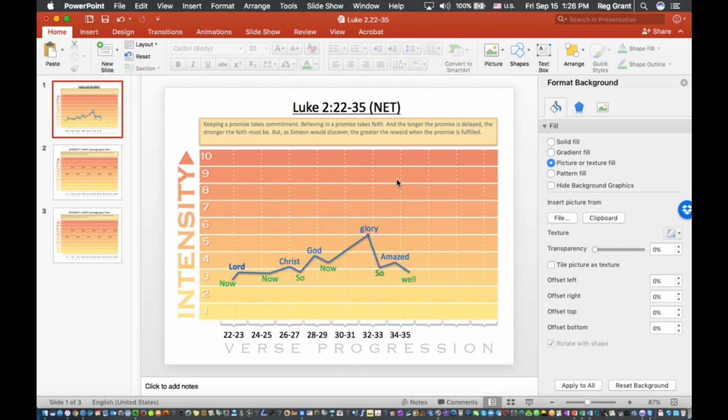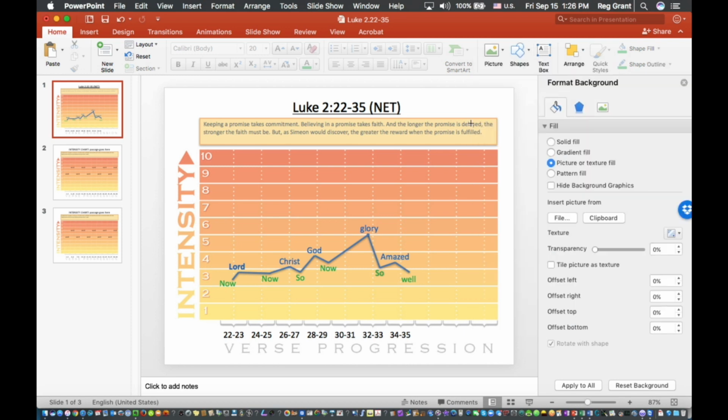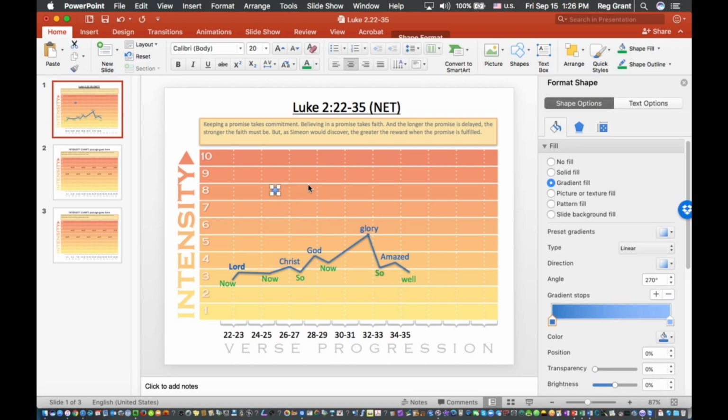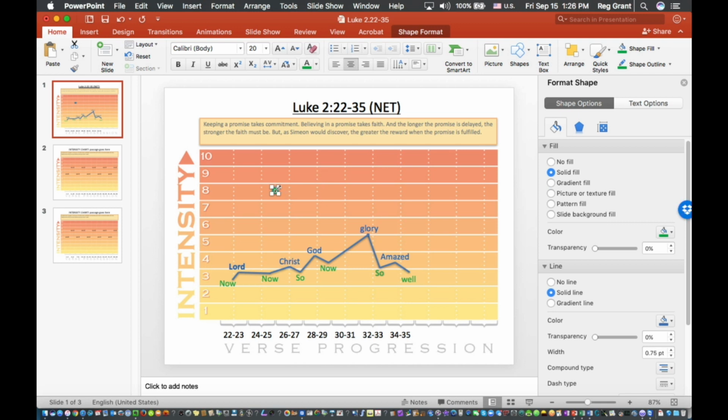But I like to have dots signifying the specific point where I'm going to hit that word. So I'm going to go back up here to Shapes. I'll choose the oval. I will come back here and just hold down the Shift key to constrain it so that it comes out a perfect dot. Now it's blue, and I really don't want it to be blue, so I'll come back up here to Shape Fill, and I will click on green, and now that oval is green, and I will then replicate that by hitting Command C and V,